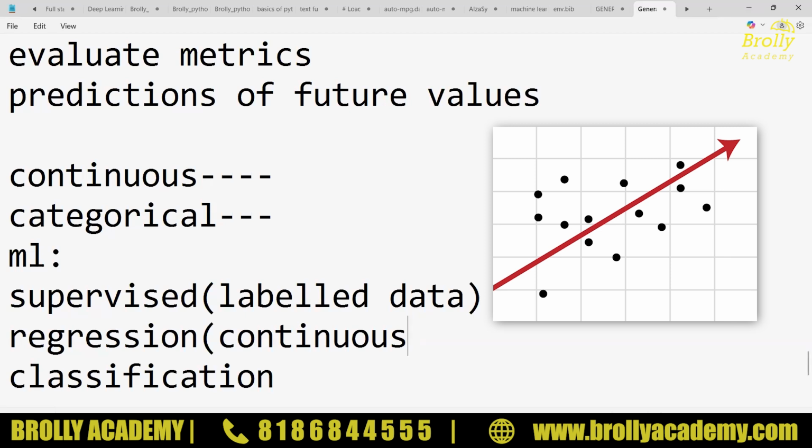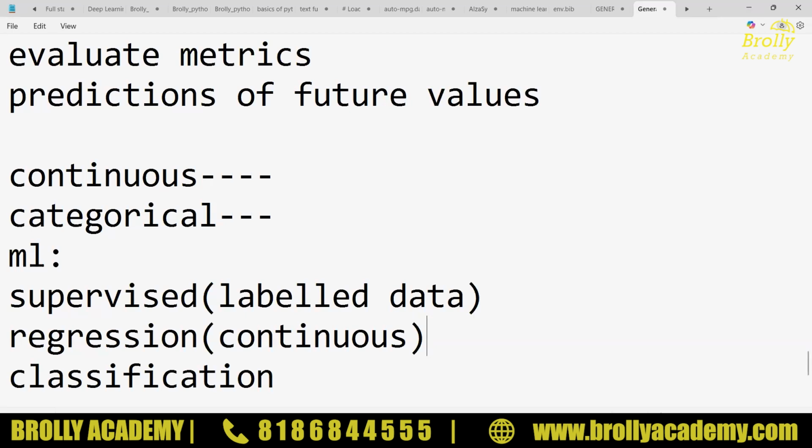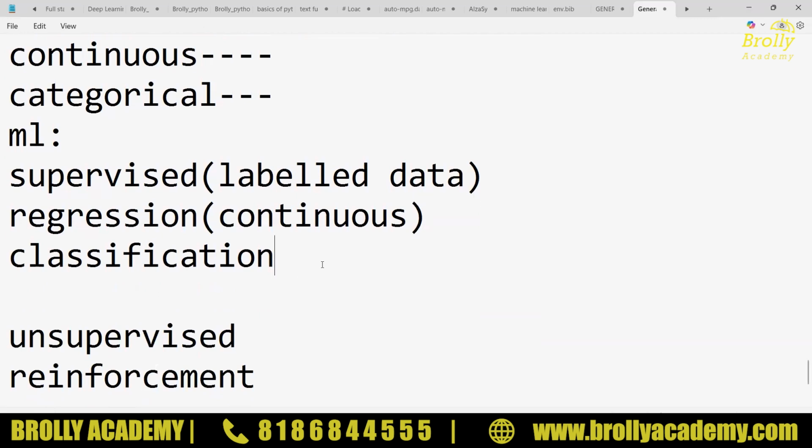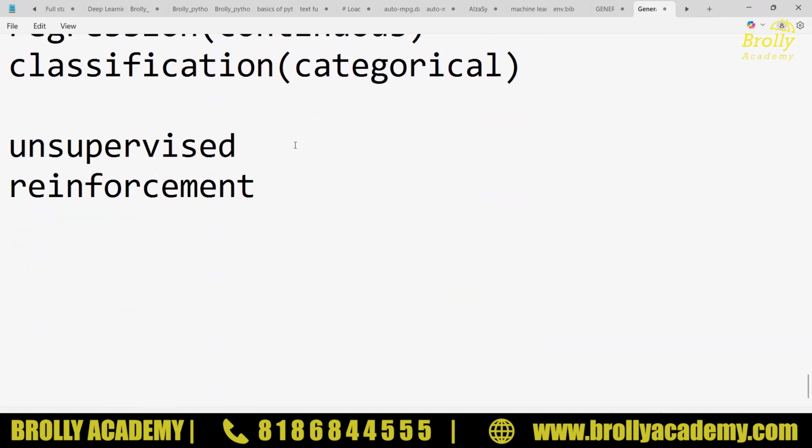All these things will be done in feature engineering. You have the data and you are doing the prediction. How exactly you choose the model is very important. Classification: whenever you are going to use categorical data, you need to go with the classification algorithms. What exactly is unsupervised learning about?